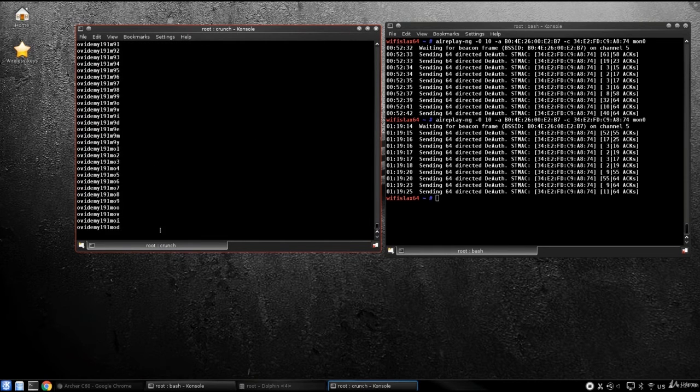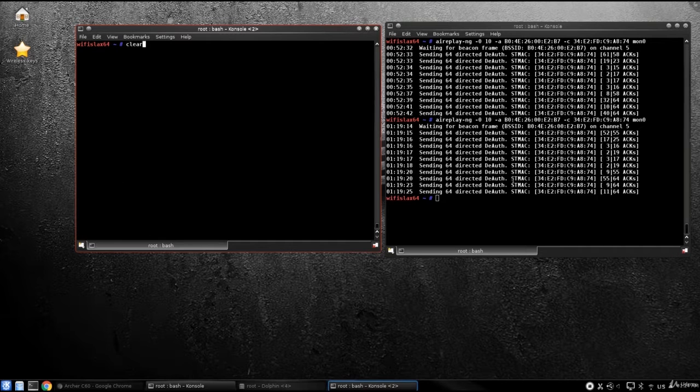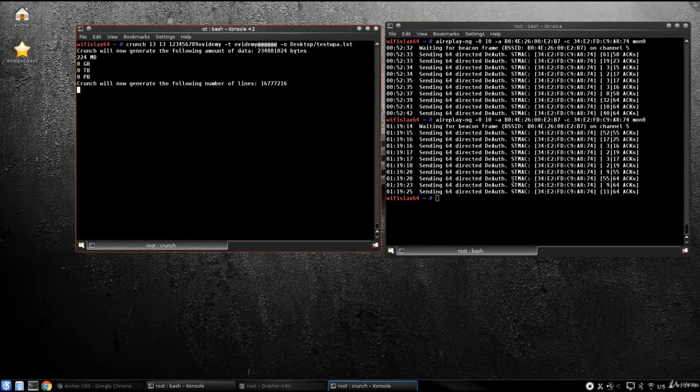It's creating the passwords, but here is a mistake I made. I didn't specify the output file where to save, so it's just creating passwords, not saving. So I'm correcting my command again, typing -o for output and typing the directory and file name, then press enter. Now it shows the password dictionary file will be 224 megabytes and the password combinations will be more than 16 million, and